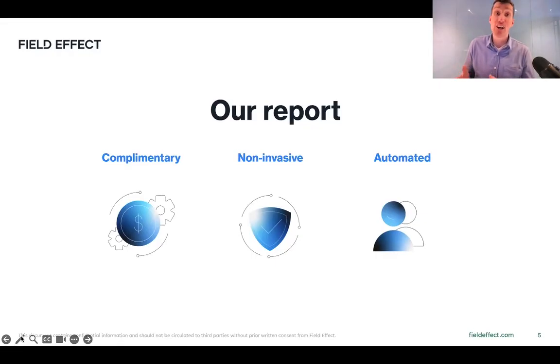We don't have to touch the infrastructure of that network. There's no nmapping or TCP reconnaissance. There's plenty of that going on the internet already. We don't need to add to that mess. Lastly, it's automated. As Chloe was stating, it's kind of been a passion project of mine to keep one foot in data analysis. So on the side, I've been building up the code, which kind of takes everything that I know about cybersecurity and what's bad in Shodan and automating it into a repeatable PDF that you guys can